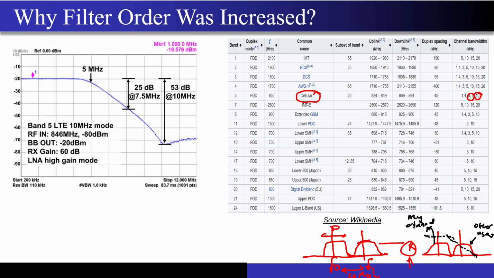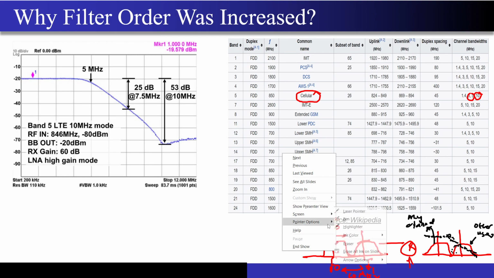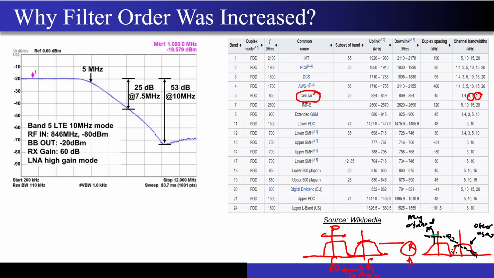So now what you can see, if I have a very low order filter, some of this information I am also gonna process. But if I have a filter which has a very sharp response like this, correct, none of this information is gonna come into my pass band, right? So all of this interferer will be heavily attenuated, correct? So that is why you can see that from your pass band you want at least around 53 dB of rejection at just 10 megahertz frequency.